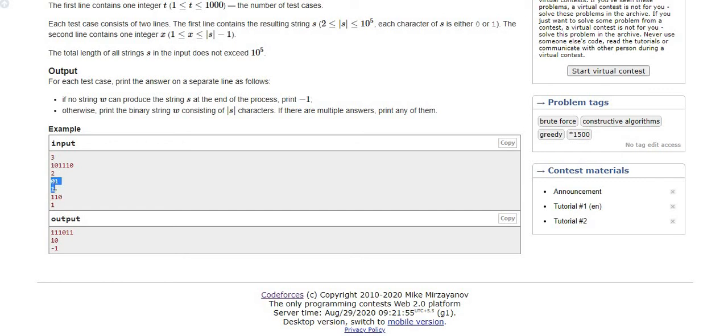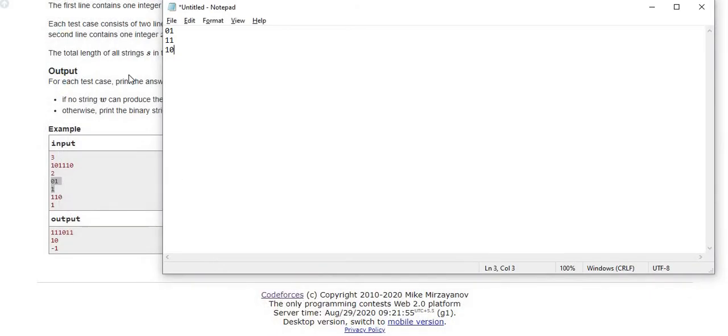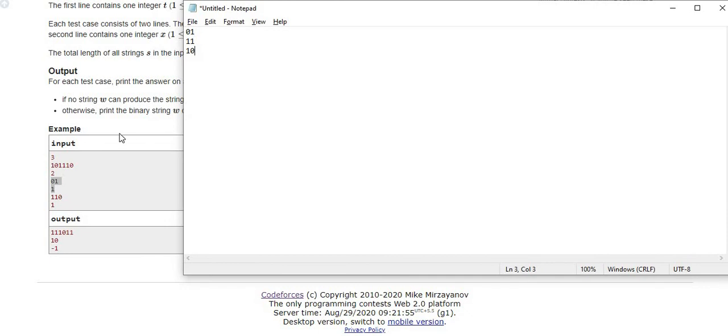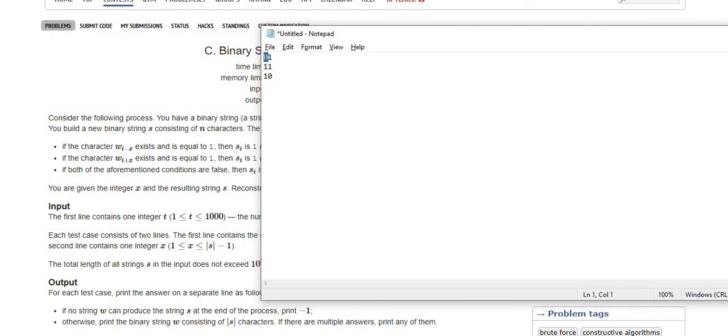So if I talk about 0 1 as a binary string and the x value is 1, initially we have to work based on the conditions. For the 0th index we cannot go to the negative side: if I consider 0 minus x, where x is 1, 0 minus 1 is -1, so it is not in the range. So I will take the second operation, that is i plus x. 0 plus 1 becomes 1, and this character is a 1,